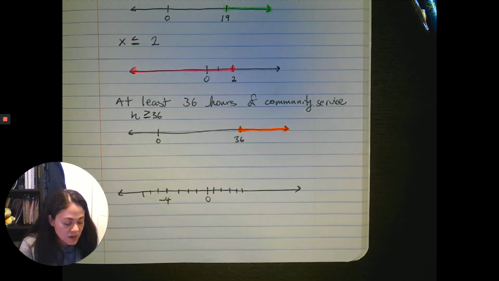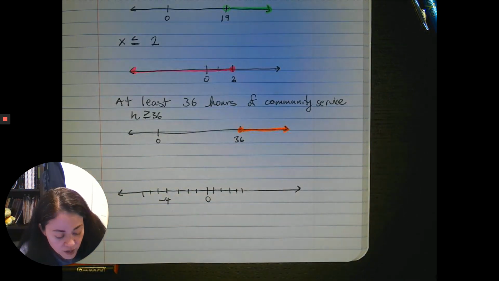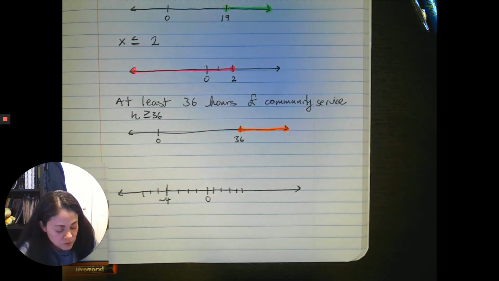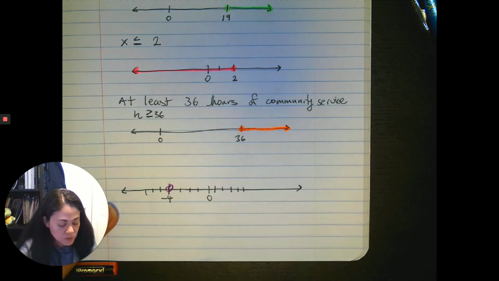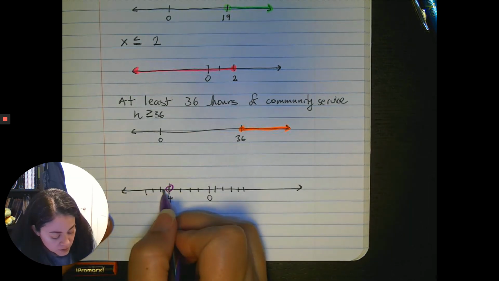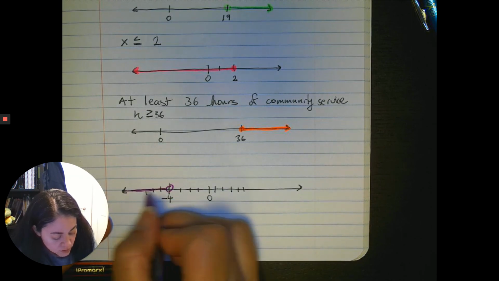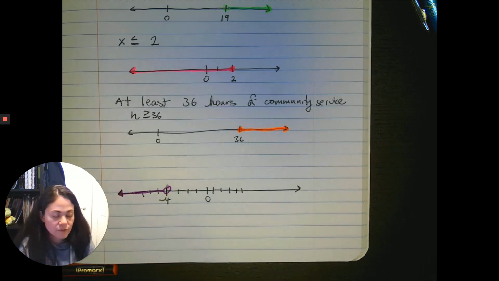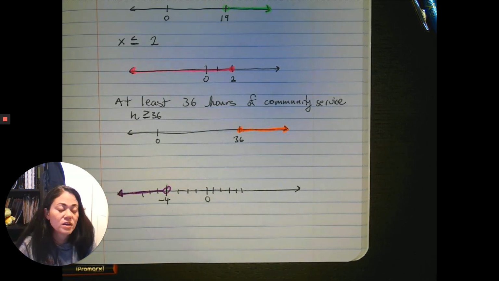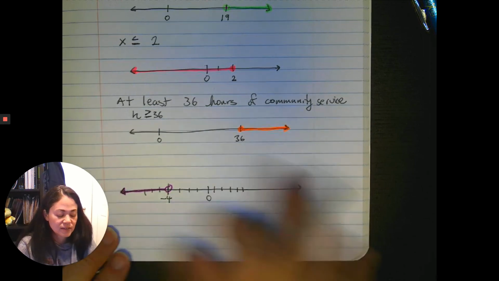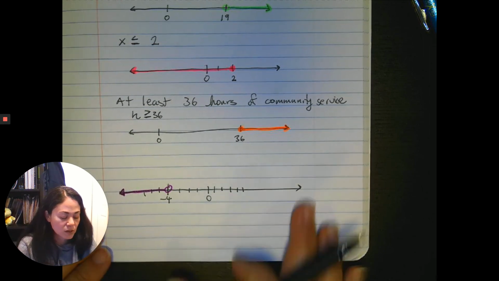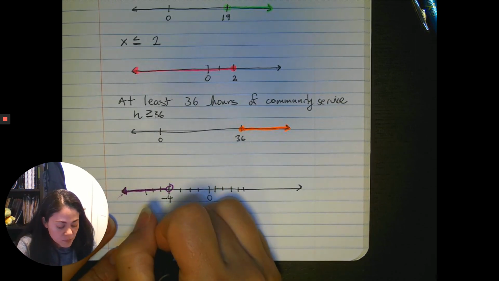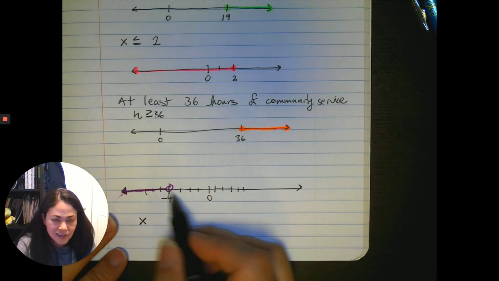But at that negative 4 point, I have an open, let me just make that line bigger. I have an open circle, and then the arrow goes in the negative direction all the way to the left. So now I'm wondering what equation might represent this, or what inequality, not an equation, what inequality is represented by this graph. Well, let's come up with a variable x, and then we know this kind of starting point is